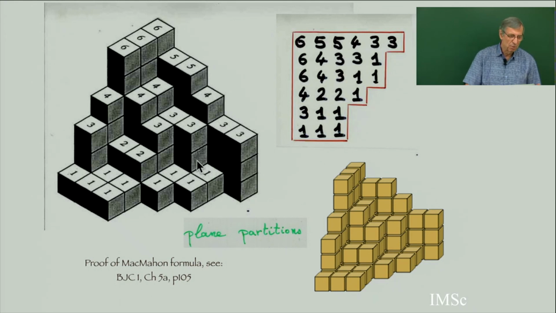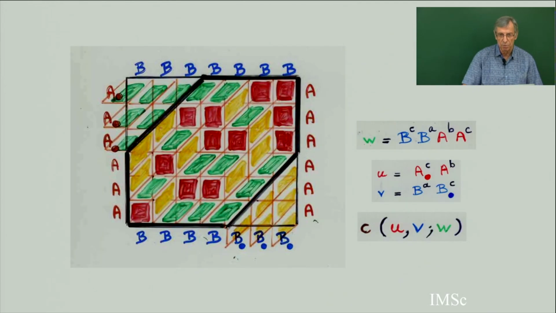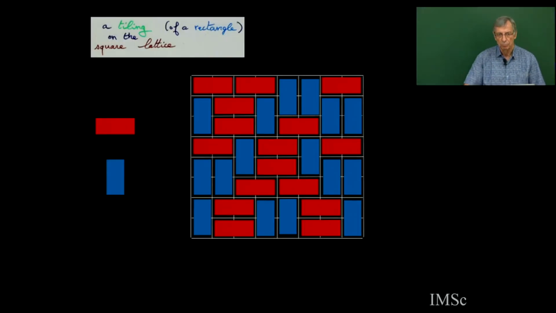And there is a famous McMahon formula, for which in part 1 of the class 2 years ago, I gave a complete proof. So a complete proof that this coefficient U, V, and W is a product divided by a product. So this is a nice example where 3 of the coefficients of the general algebra are 0.